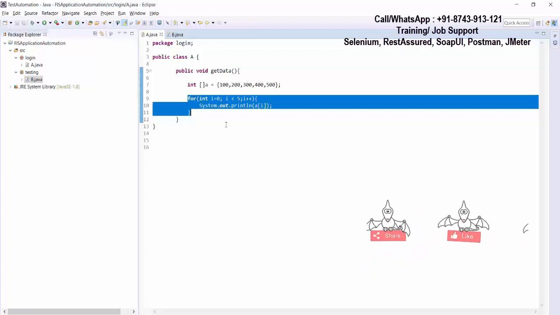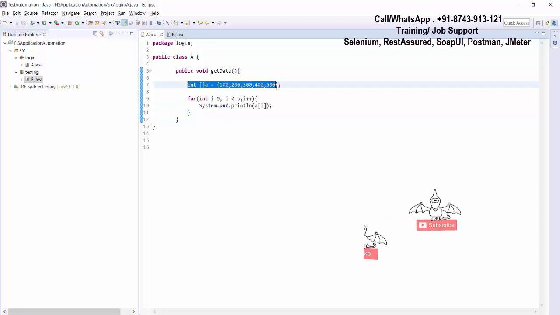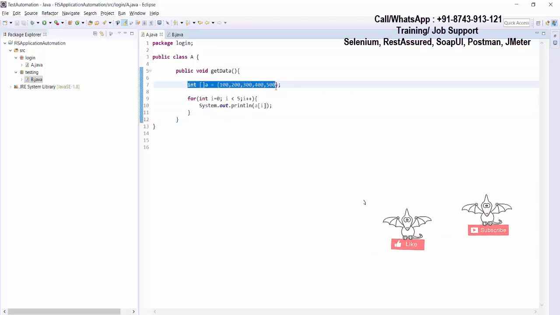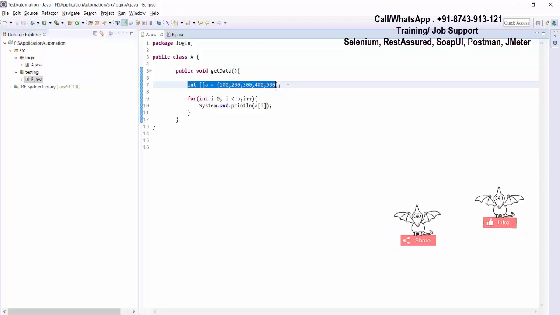So now I'll show you how we can use the for each loop over here. And as I told you, the for each loop can be used when we have a group of data. Group of data means multiple data stored by a single name, which happens in the case of an array. But we can also use it with list, set, and map, which we are going to learn later in this course.